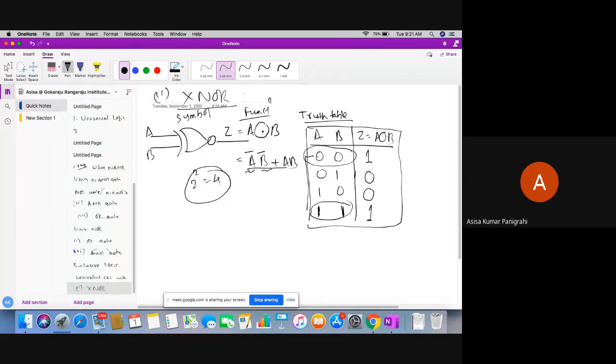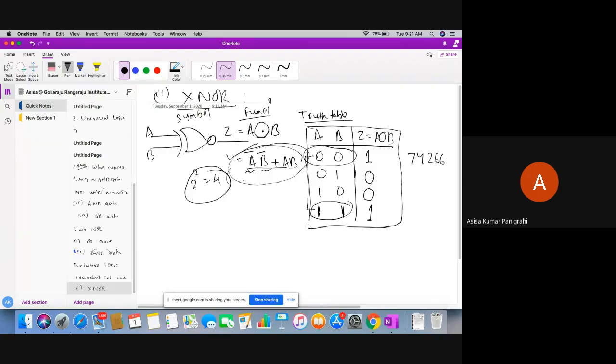This you will understand in a better way in unit 2 as well. Don't worry. I have just derived this logic equation. This is called the logic equation of the XNOR gate, from the truth table itself, nothing else. Now, what is the IC number? The IC number is 74266.